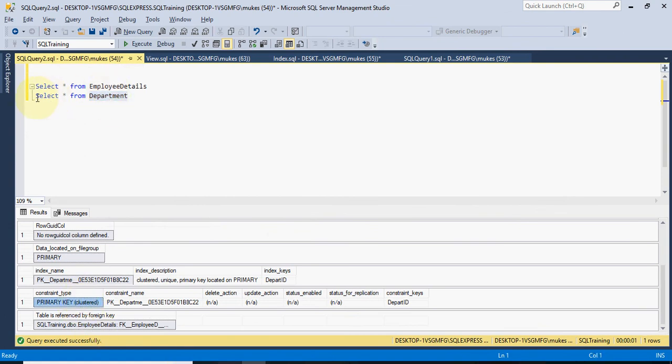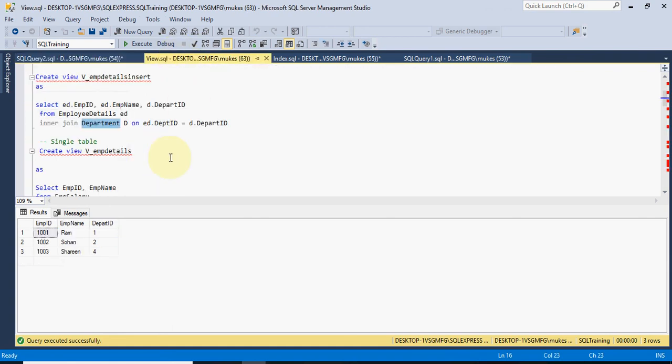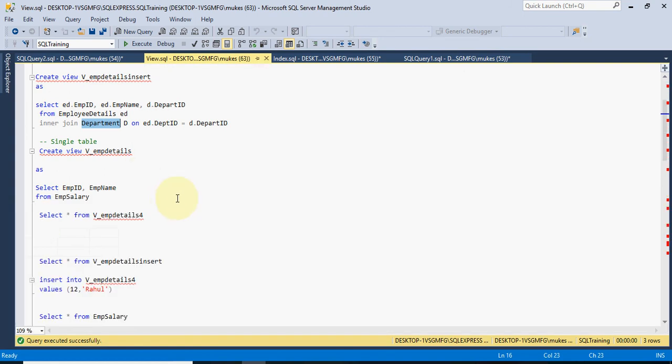Suppose the department table, if the department name column has a not null constraint applied, then we cannot insert the data through the view because it will not accept the null value. So it will throw the error. So you can explain like that. Okay. So if the view points to columns which accept the null value, then we can insert.